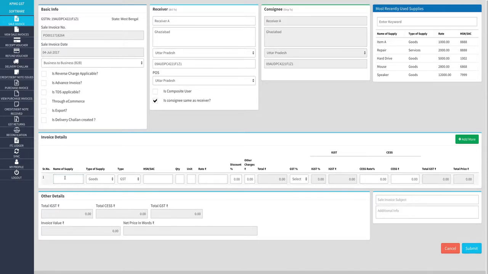Then, under the Invoice Details section, you can enter the details of the goods that you are supplying. An auto-fill function is also given here for users' ease. Details are mentioned below. Name of the supply, type of supply. Here you have to select whether the items you are supplying are goods or services. Under the type, you have to select whether the supply is a GST supply, non-GST supply, exempt supply or nil rated supply. HSN or SAC code of the item, quantity of the item, unit, rate at which you are supplying